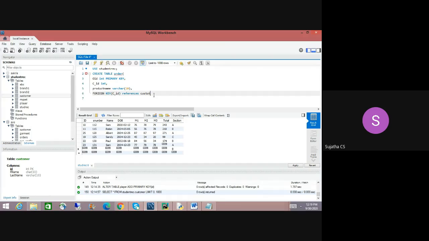So our parent table name is customer. Then which key are you going to identify for the customer? Just ID, right? Yes, ID. Then semicolon. That's it. There is an error. Why is it giving me an error? Product name, there is a syntax error. You already gave a primary key, ma'am. In the order table, anything can have a primary key, right? You can keep a primary key and a foreign key, ma'am. Yes, no problem at all. I use only these two keys, order ID as the primary key, and customer ID, CID, which I'm making a foreign key, referencing the parent table, and the parent table ID is different because